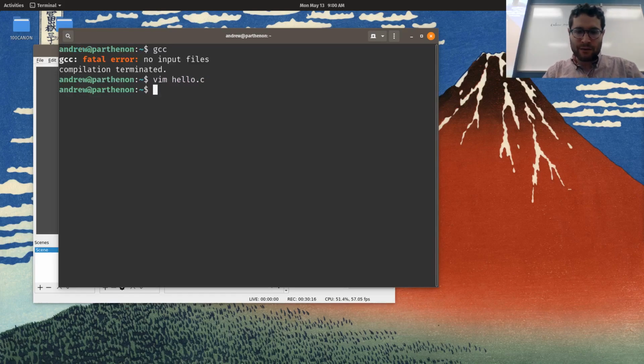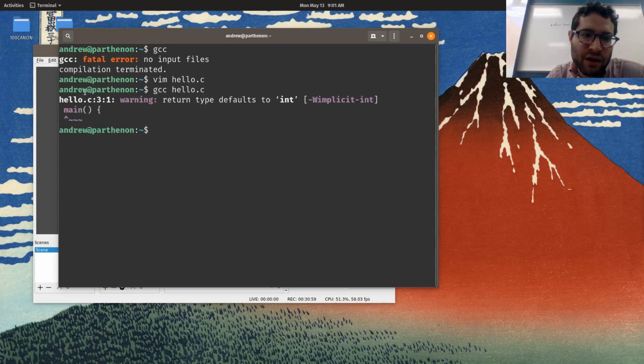Okay, and so now there's a new file there, but I can't just run this C file. This is the C programming language, but the computer doesn't understand C. So instead what we use is a utility called a compiler to compile this C program, to basically translate it into code that the machine will understand. So what we do then is we write GCC, where G stands for the GNU C compiler. More on that. But it is the de facto utility we use. And we type hello.c, the program we just wrote, and hit enter.